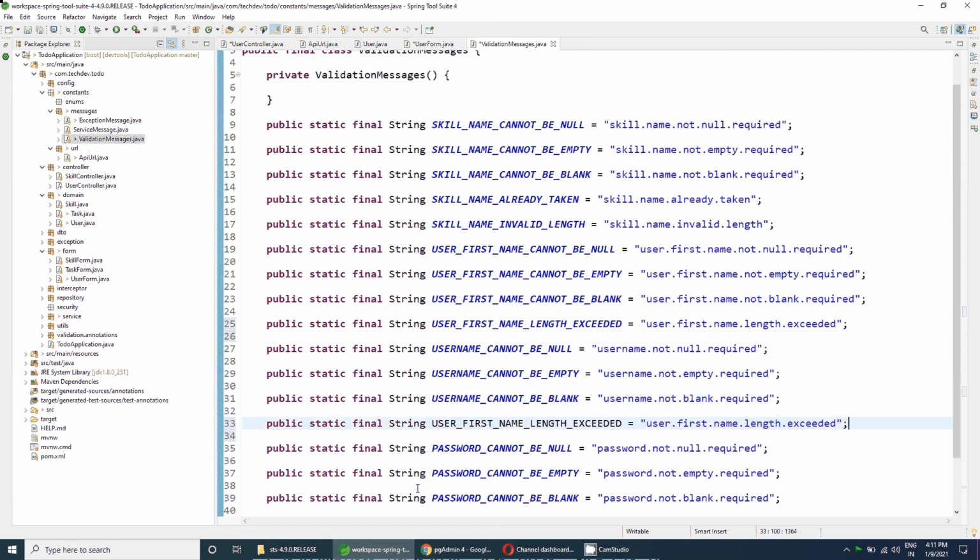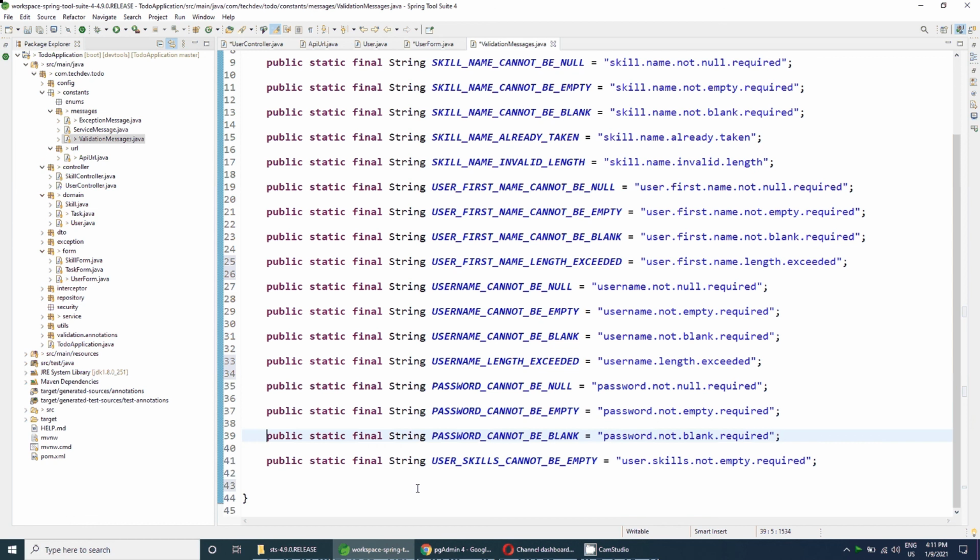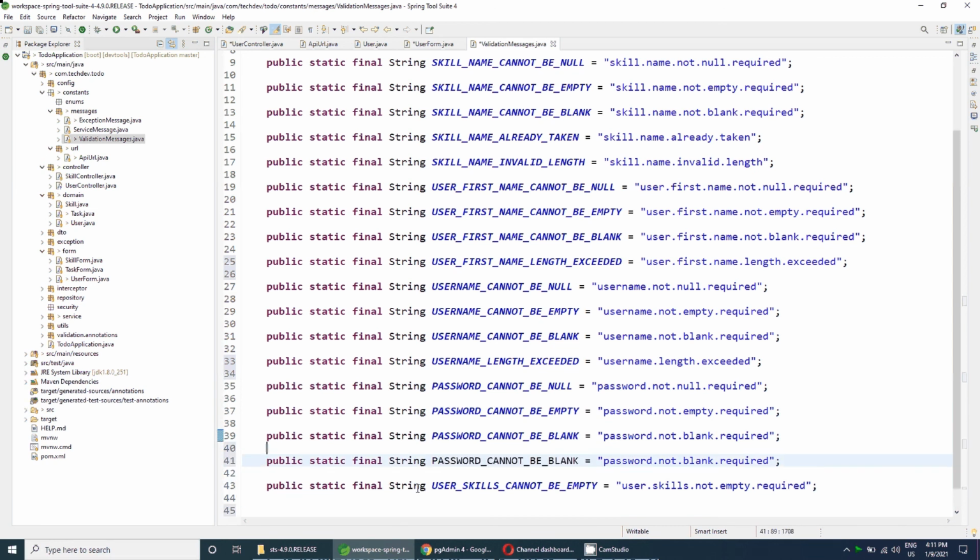So let's copy and paste here. So the username length exceed, user dot username dot length dot exceed, and similarly for the password length exceeded, password dot length dot exceeded.